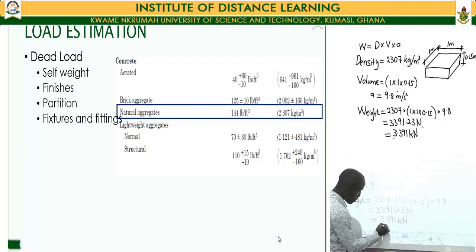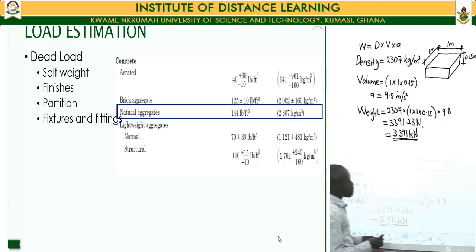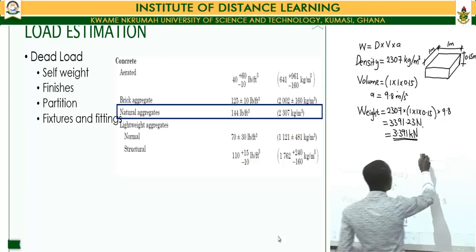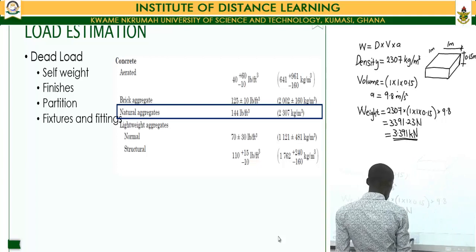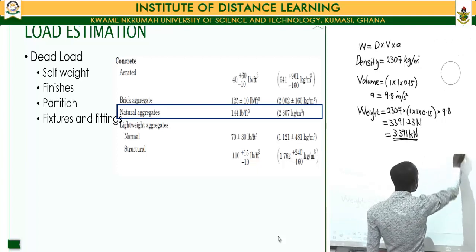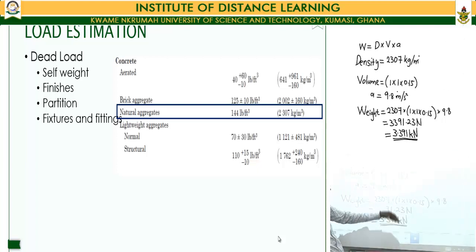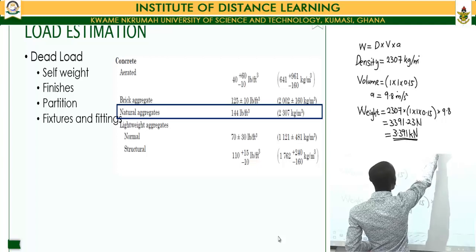has a weight of 3.39 kilonewtons. But then usually when it comes to the design of floor slabs, the design loads are usually left in kilonewtons per meter squared, or loads per meter. So whatever value we have here has to be divided by the floor area. And for our floor area, because we're considering 1 meter span or 1 meter floor area,